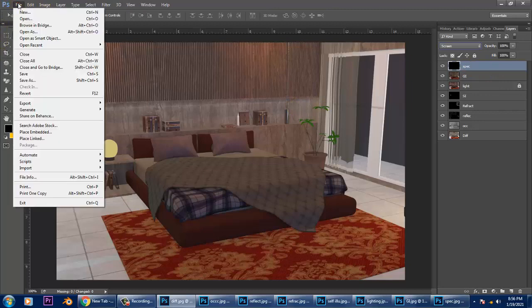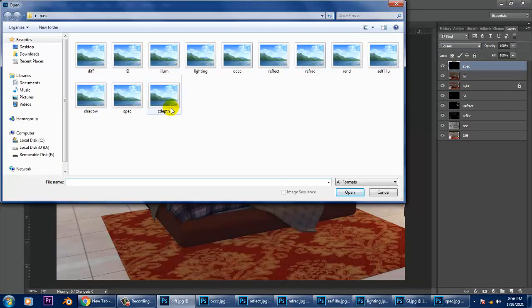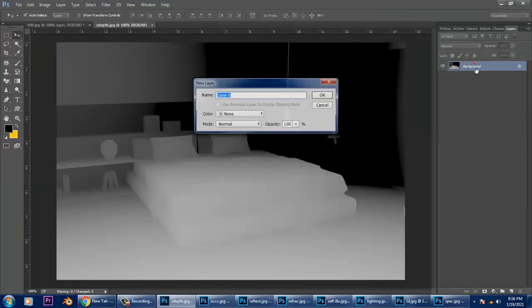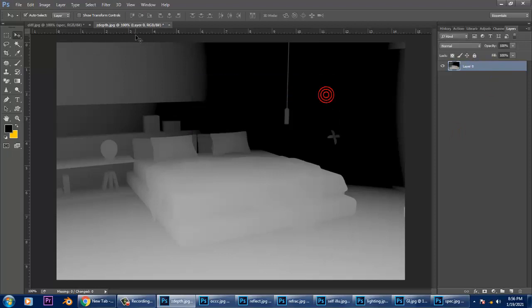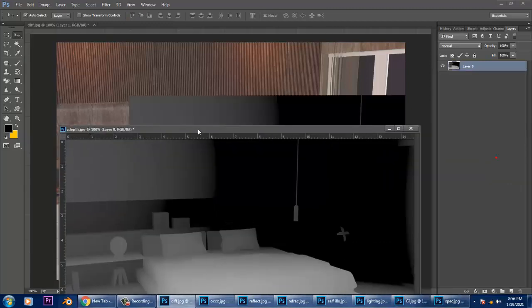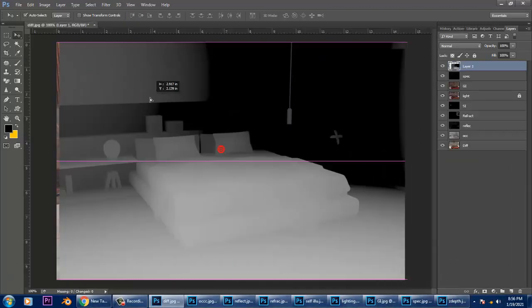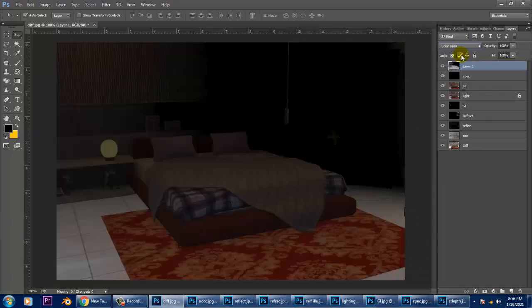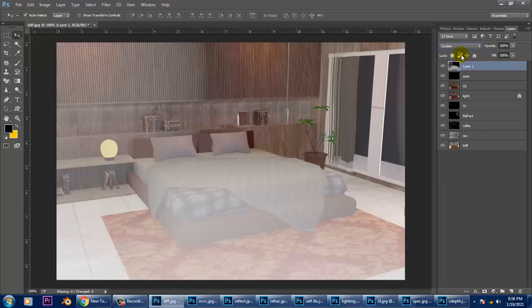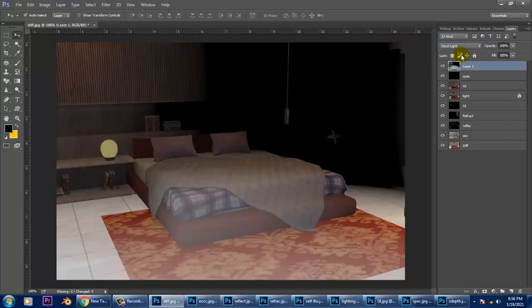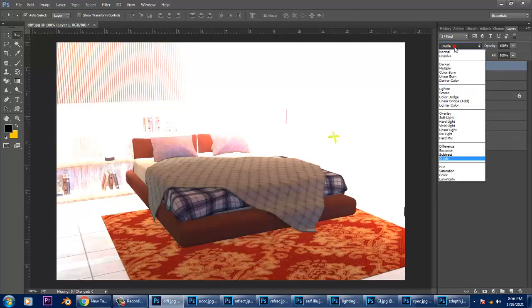One more pass that we'll be utilizing is your Z depth pass. Let's add this pass again. I think this looks better. Color dodge. Let's check out others also. I'll keep it as color dodge.